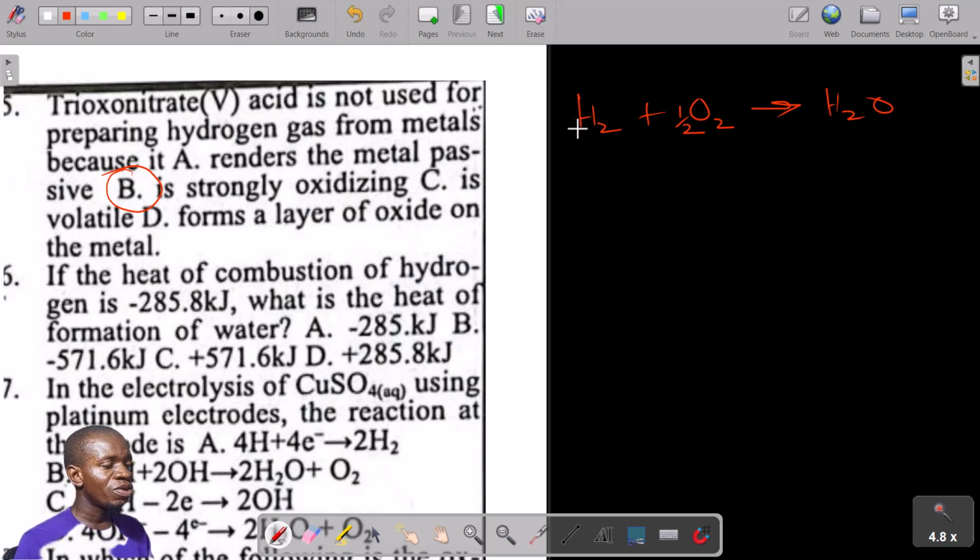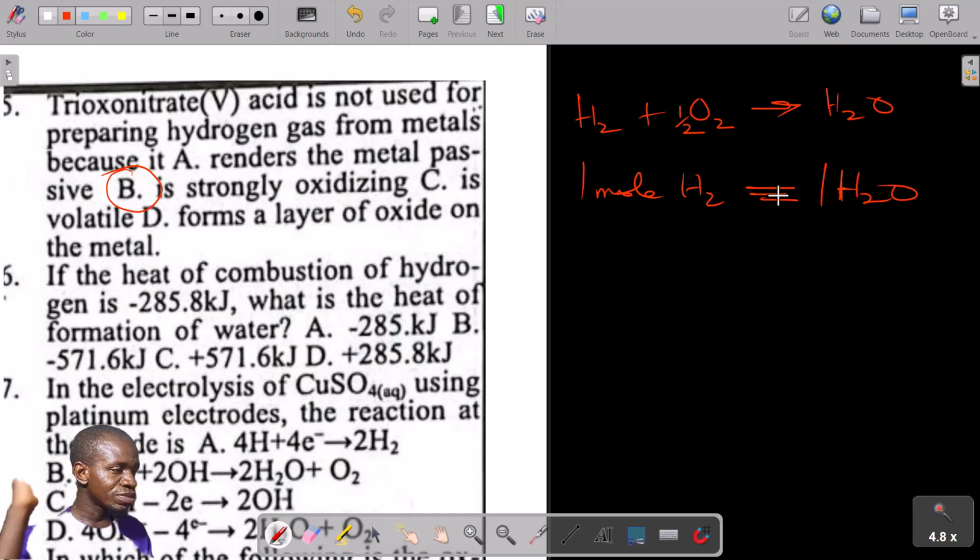So this is for 1 mole. Remember I told you for heat of reaction, heat of formation, any heat, we always do the calculation using 1 mole. So 1 mole of hydrogen will give me what? 1 mole of water. Now they say that the heat of combustion of hydrogen,